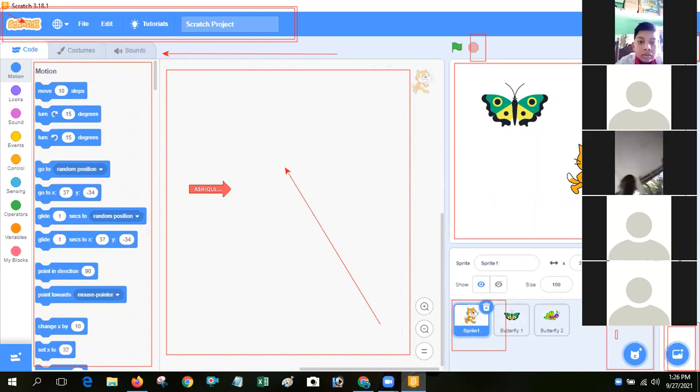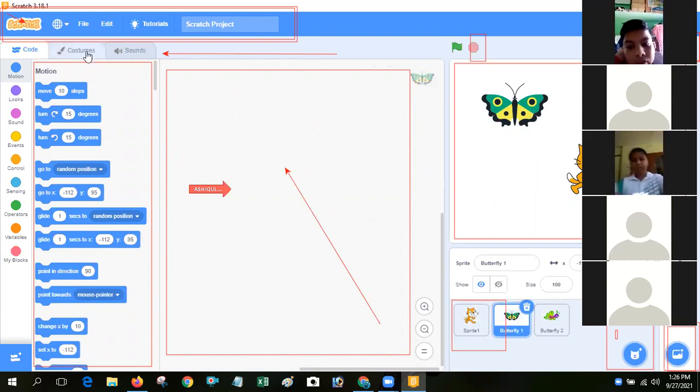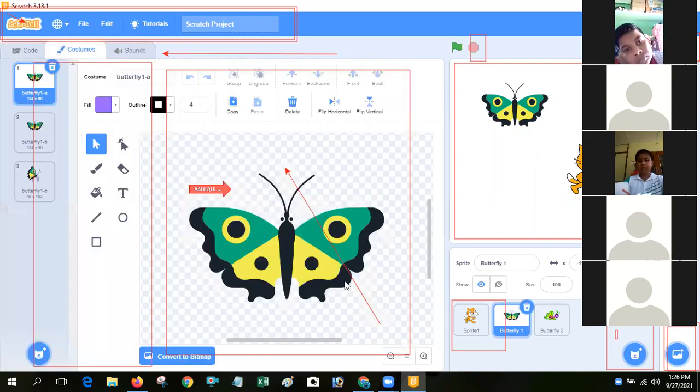Just double click on the sprite which you want to edit or paint. After that, click on the costume tab. Now you can paint your sprite.